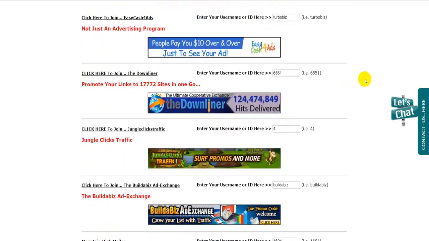Now, when you come to promoting, we do not allow spam, and you need to look at our spam laws on that. Spam is sending emails out to people that don't want your emails. They have not asked for you to send them a link on a particular program.